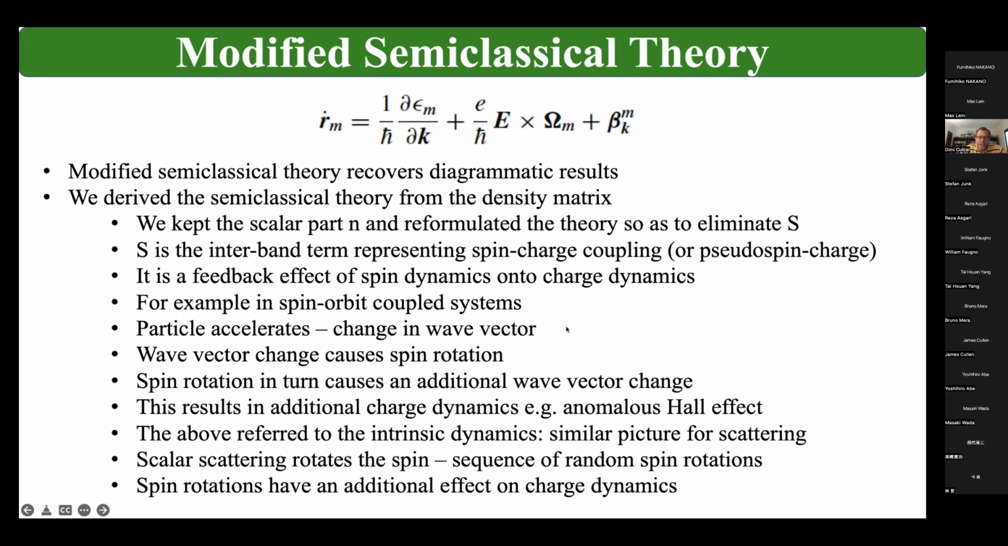When the wave vector changes, you get a spin rotation. And the spin rotation in turn will give you an additional change in the wave vector, and so it will give you additional charge dynamics, for example, the anomalous Hall effect. And if you want to look at the effect of scattering on this, the scattering will rotate the spin, because you scatter from one wave vector to another. You go to a new wave vector, then the spin will be rotated to that new direction. So there's a sequence of random spin rotations,